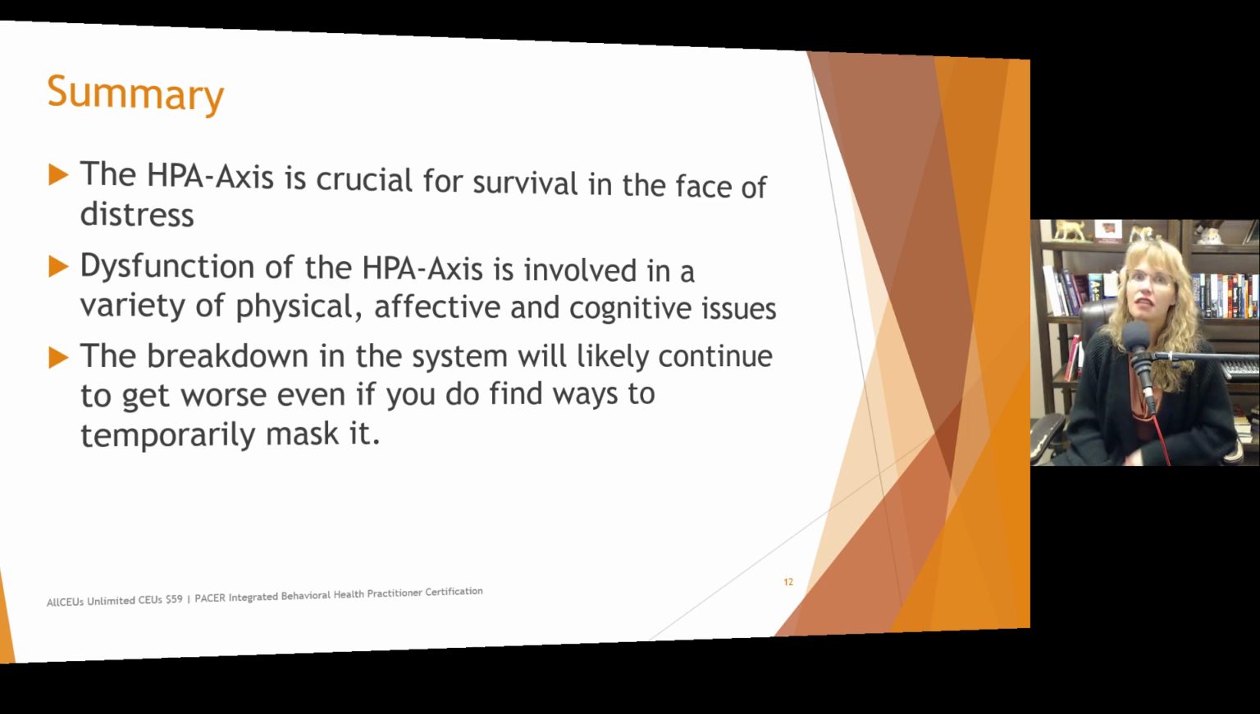Dysfunction of the HPA axis is involved in a variety of physical, affective, and cognitive issues. And when people are unwell, unhappy, or having difficulty concentrating, it takes a toll on their relationships and their environment. So it's all interwoven. The breakdown in the system will likely continue to get worse even if you do find ways to temporarily mask it. So it's important to figure out, let's trace it back. You've got depression, what may be associated with that? Are we ruling out all the potential causes of dysfunction of the HPA axis until we find what's